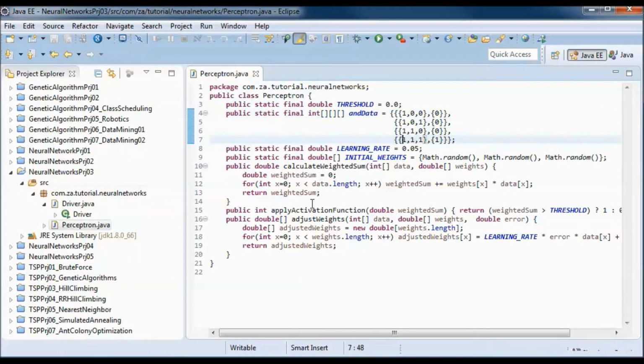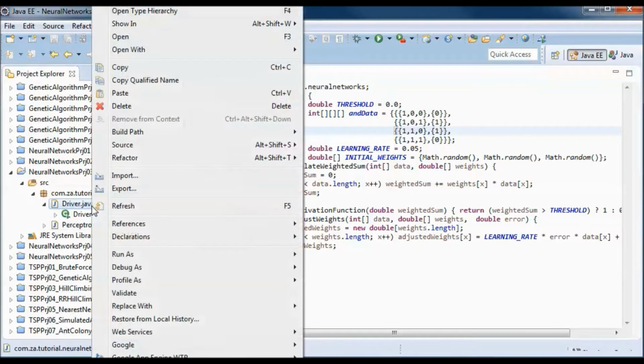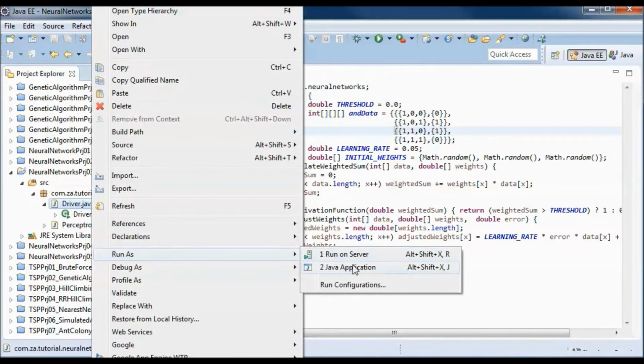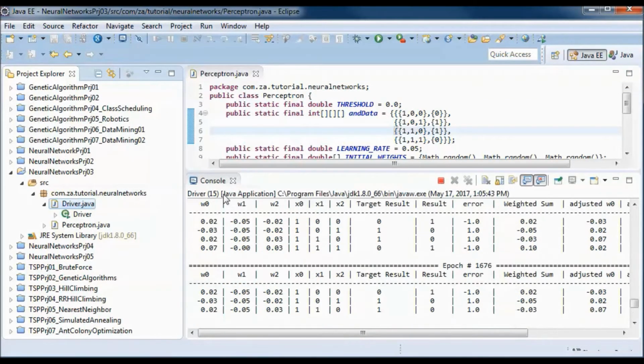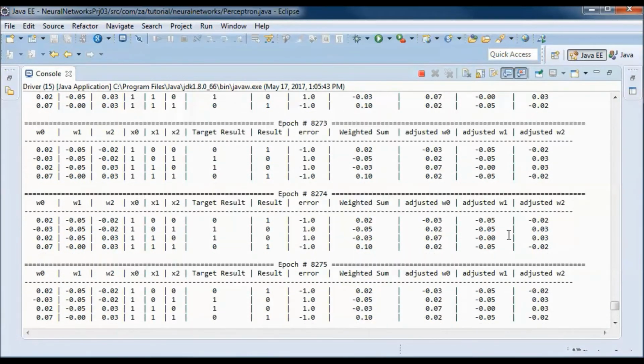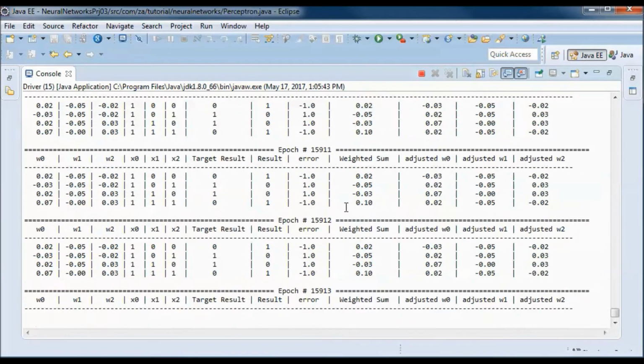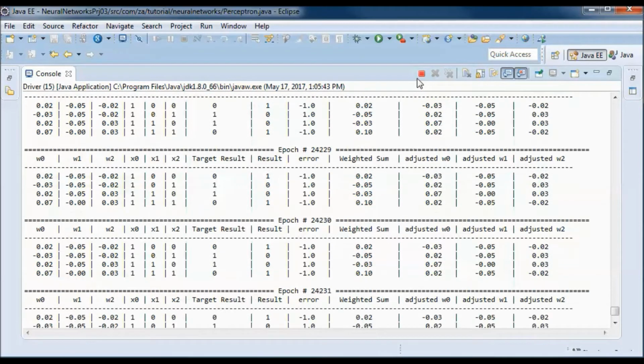So if I change this to XOR training data, now 0 and 0 will give us 0, and 1 and 1 will give us 0, and 0 and 1 or 1 and 0 will give us 1. And if I try to run it, it will go forever. So to explain what happened here,